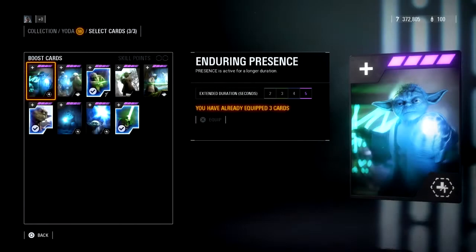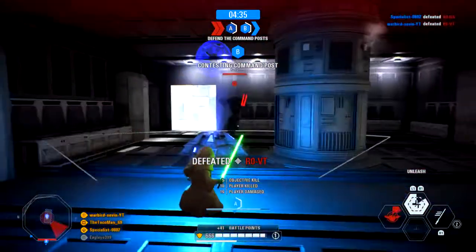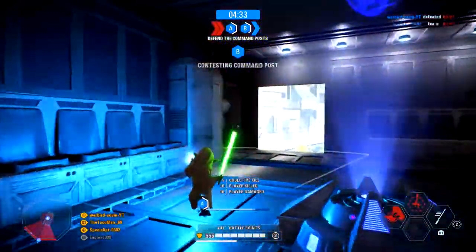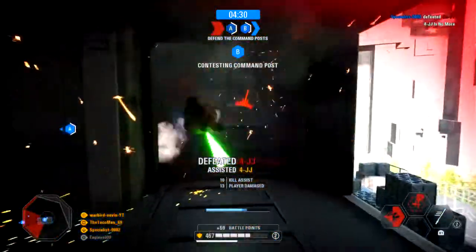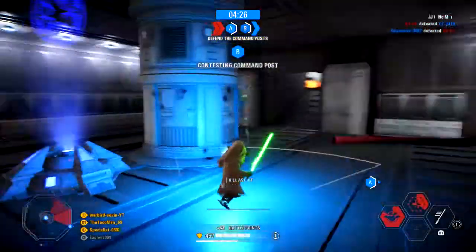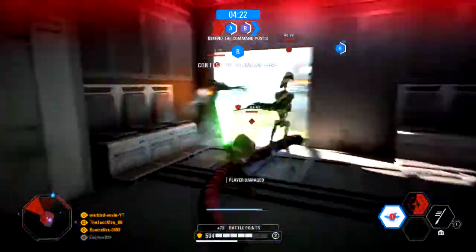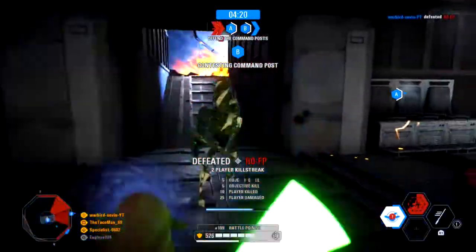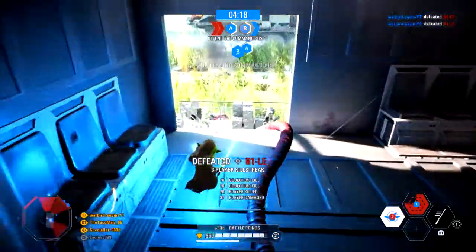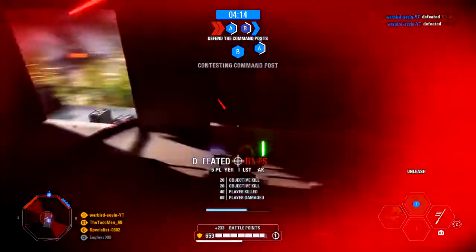Alright, so in previous videos, I would just exclude this kind of card outright, but this is actually a card I do not recommend. Extending the duration of presence, I think it's called. Anyway, the ability that gives Yoda and his allies additional health. I am not a big believer in that ability lasting longer. And here's why. If it served any benefit, sure. Absolutely, I would agree that that would be a good card to have. But it doesn't, because